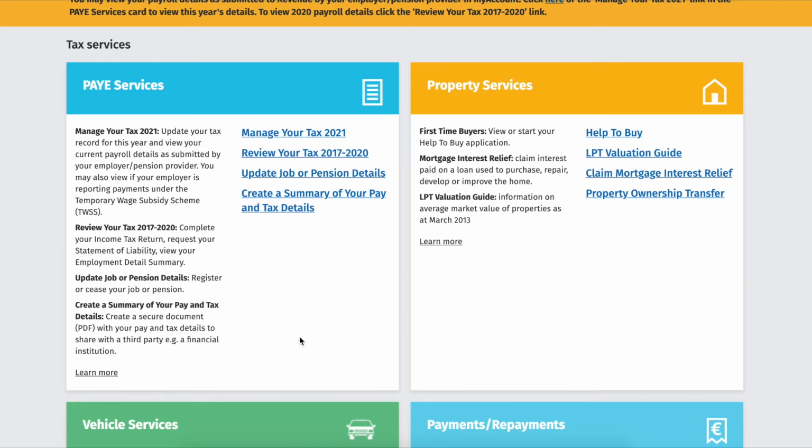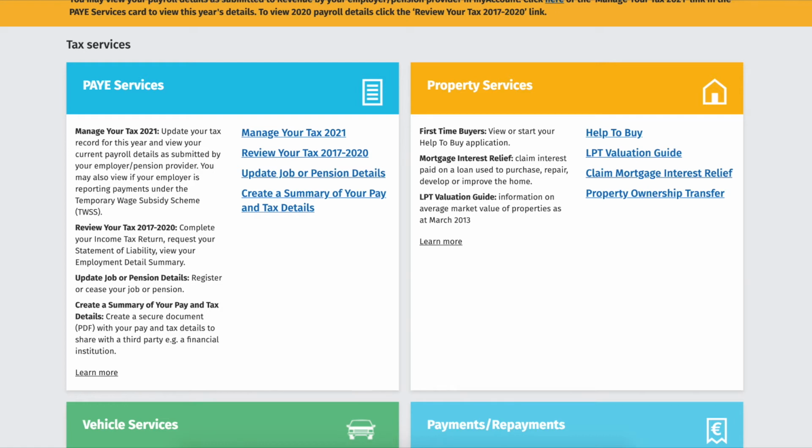So I'm just going to start with dividend income because they actually make this part a little bit easy on myrevenue.ie with regards to declaring your dividend income for the year. So if you're from Ireland, you'll know this page quite well on your account on revenue.ie.